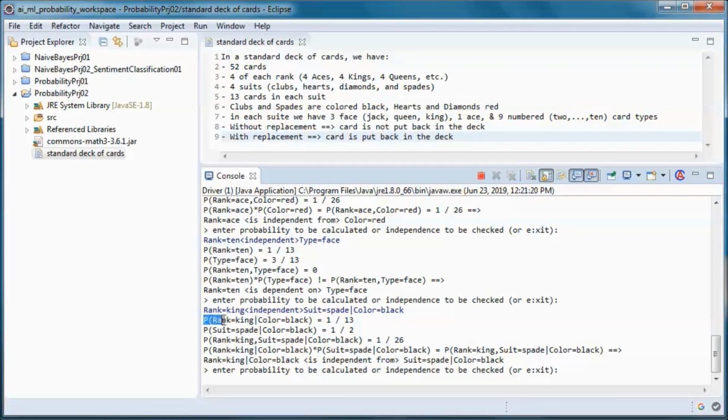And the probability of rank is king given that color is black is 1 out of 13, and of suit is spade given that color is black is 13 out of 26, which simplifies to 1 over 2. So if we multiply those two, we get this one. So rank is king given color is black is independent from suit is spade given that color is black.